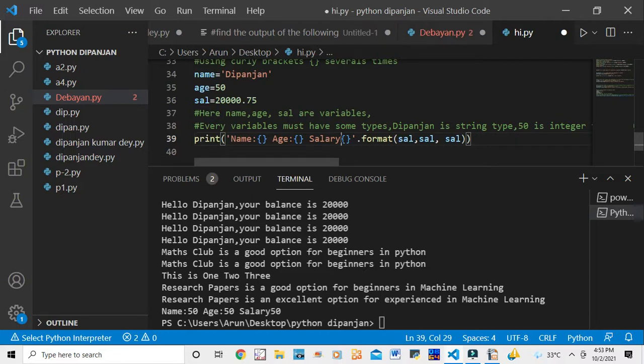Then the output will show the colon too, wherever there is a colon. Okay, now see the output.